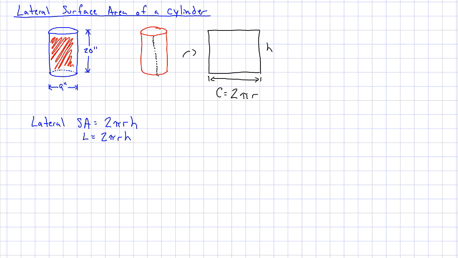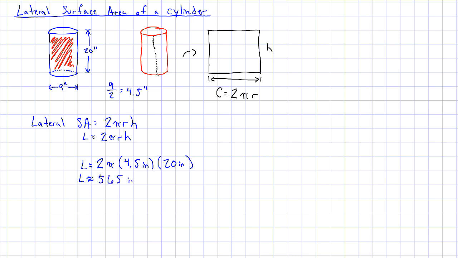All right, so now that I have my formula here, I can look back at my previous example and we can actually calculate the numbers. I have here a cylinder that is 9 inches in diameter and 20 inches in height. I have the radius instead of diameter in my formula, so I do need to divide the 9 by 2 to get 4.5 inches for my radius. And then I'll plug in all my numbers. So the lateral surface area will be 2 times pi times 4.5 inches times 20 inches for the height. I plug all that into my calculator and I end up with about